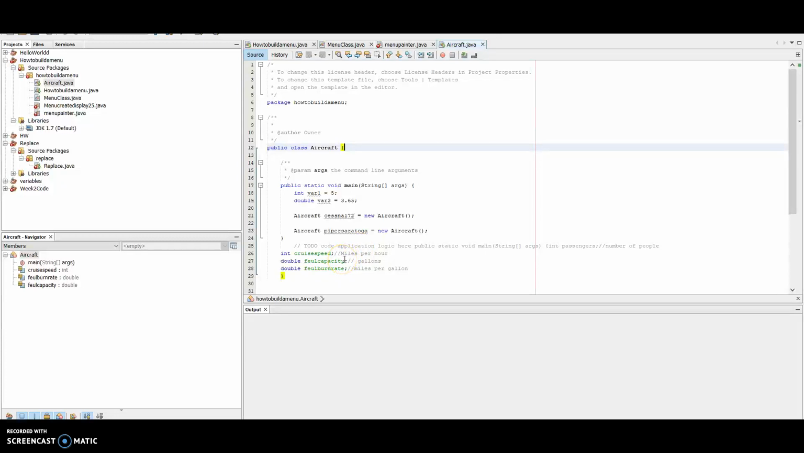So the class that I made here is called Aircraft. The package that it's in is how to build a menu. That is the program that this class is inside of. So here I named the class Aircraft, and down here